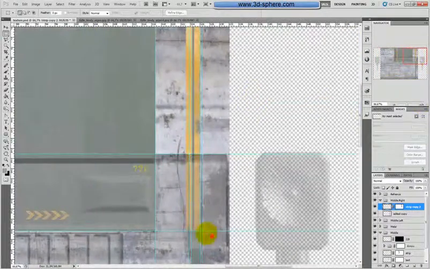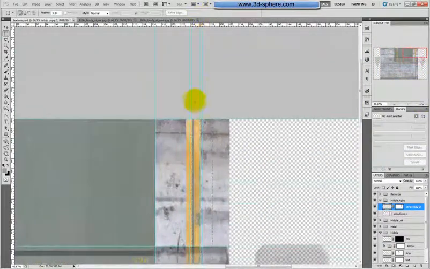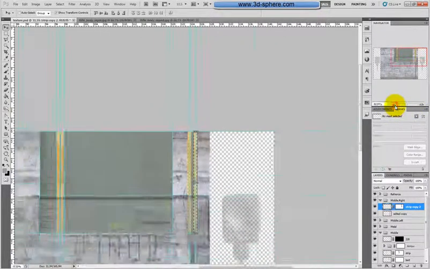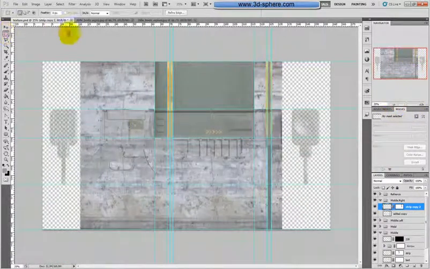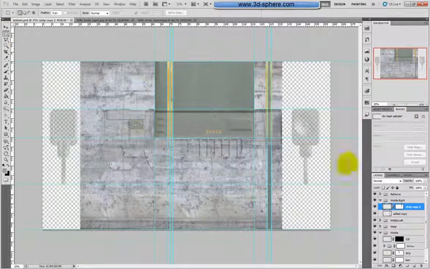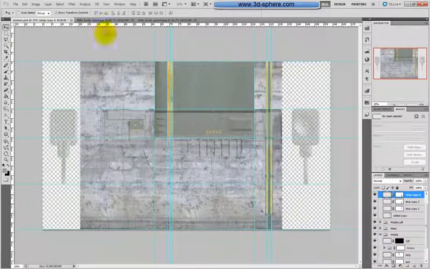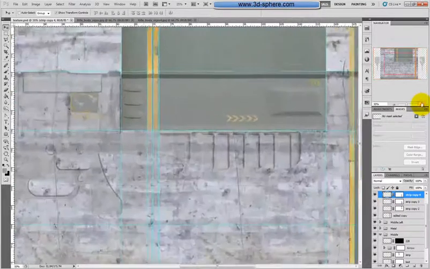Now probably I will render the top and the bottom the same way which we did before, but I will not show that, or I will not record that, because I don't think you need that. It's pretty easy to render, and I'm sure you can handle that without problems. So I will just make these copies here. First of all, now